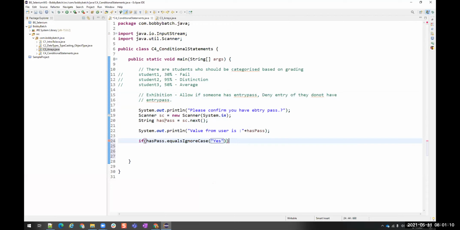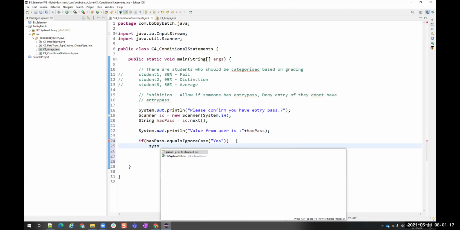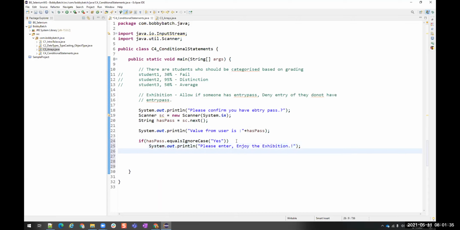Okay. If this pass is yes, if you are saying hasPass is yes, then what should I say? Please enter, have a nice, or enjoy the execution. Right? If I say yes, then it should enter into this and I should say this sentence.